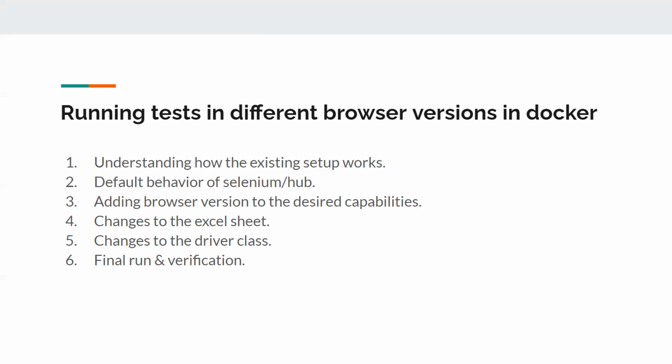Okay, this is based on the analytics that he got, that the application is behaving erratically in older versions of Chrome. So now there is a requirement for me to run my automation tests in all these browsers. Again, I cannot run this in my local infrastructure because obviously I cannot maintain all those Chrome versions. To achieve that, we can use Docker. We have seen how to use different versions of Docker, all this stuff, in the previous videos.